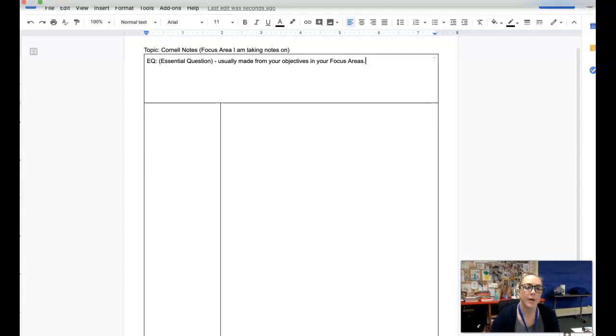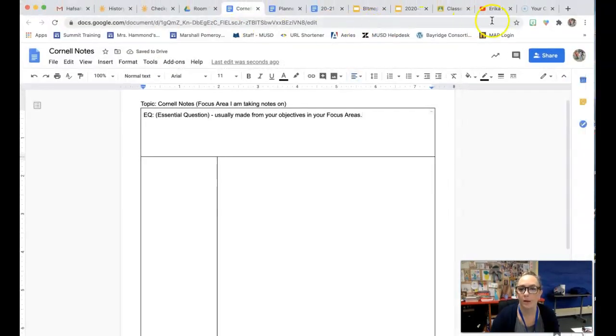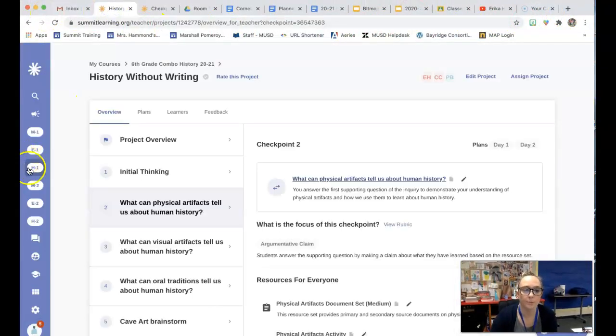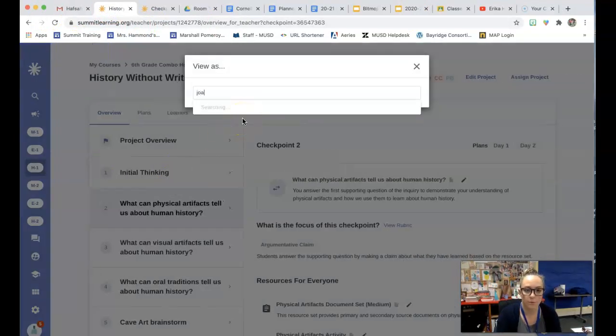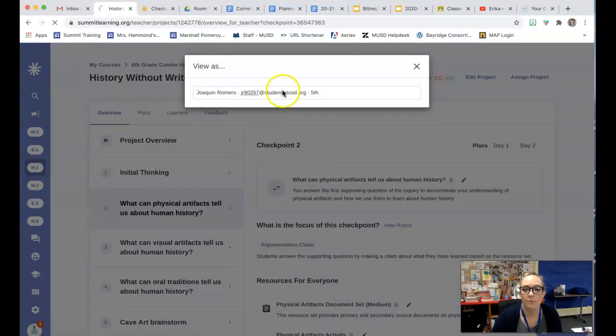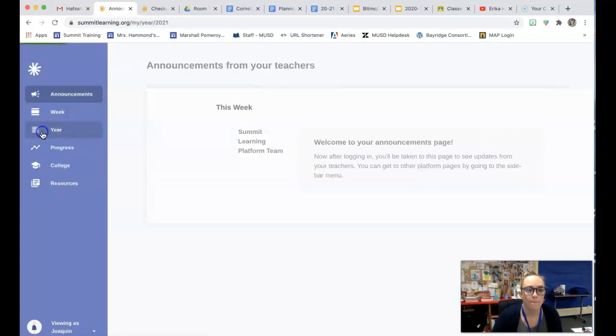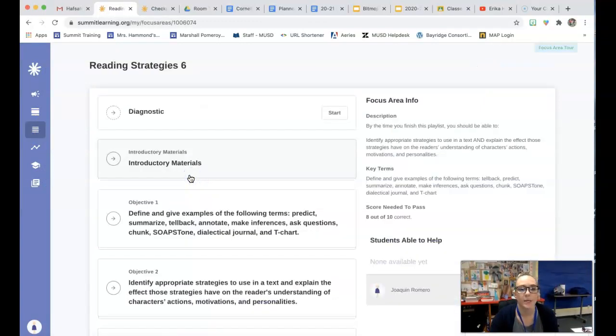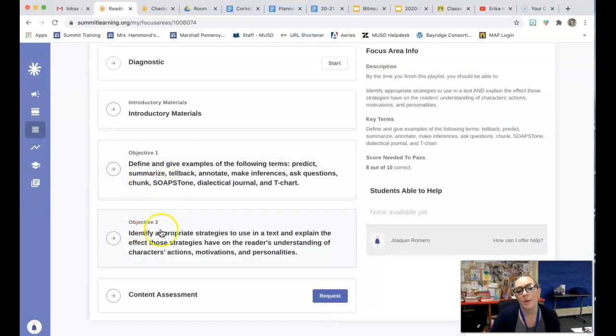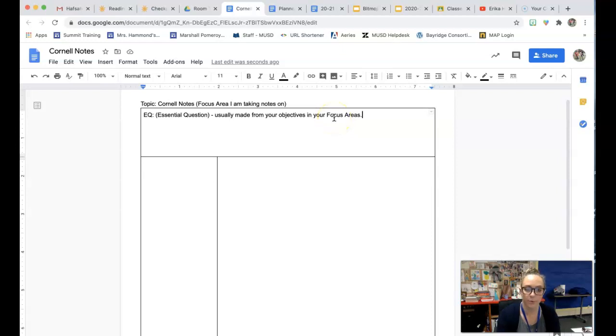Okay. So if I actually go back to PLP really quick, I'm going to go here. I'm going to view as one of you. Pick Joaquin. So as you can see here, all of these are focus areas, right? So let's say I'm going to take notes on reading strategies. These are my 2 objectives. So one of them says I need to define and give examples of these terms, and I need to identify appropriate strategies. So in this case, my essential question, if I were doing it on reading strategies,